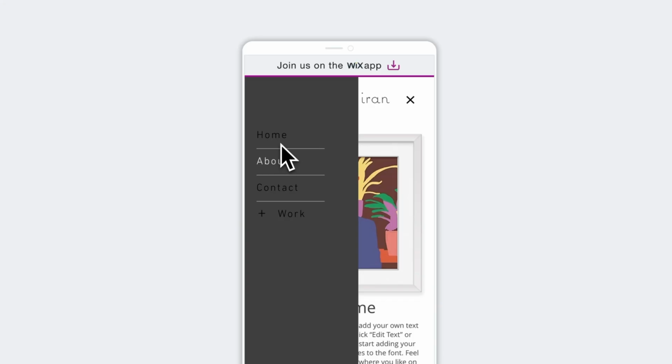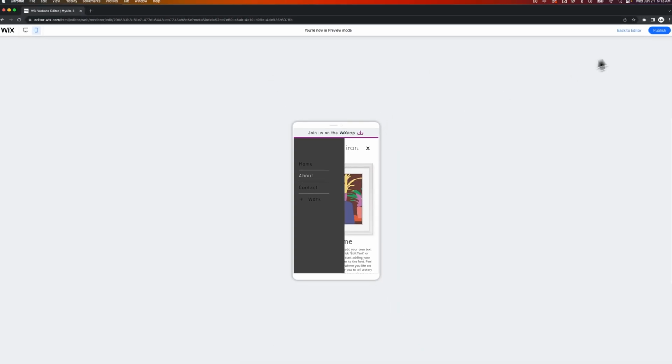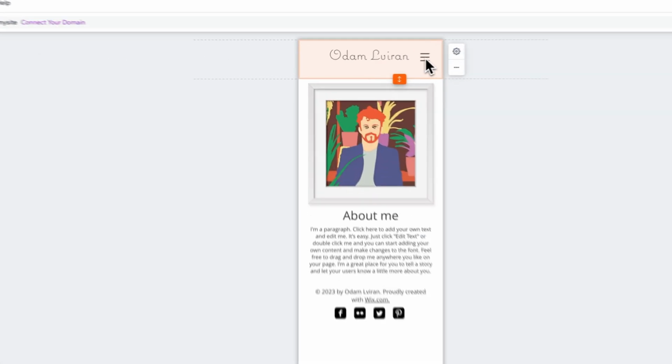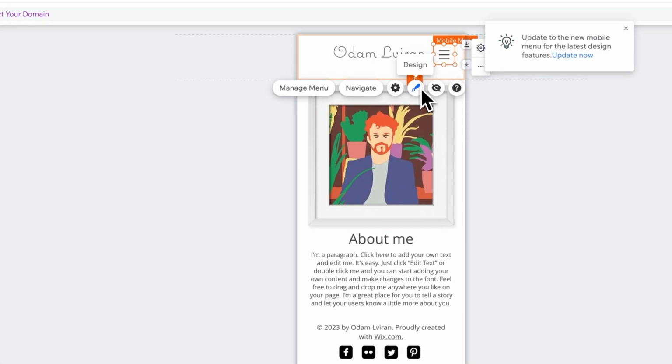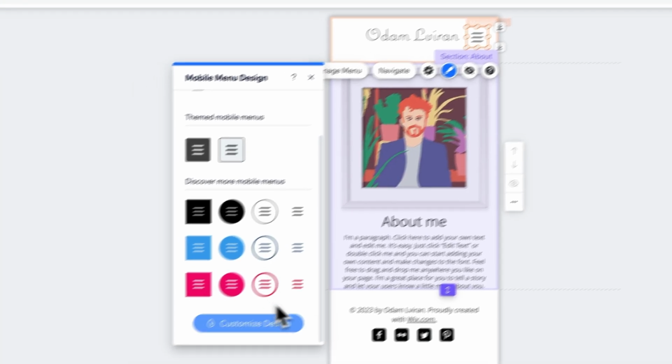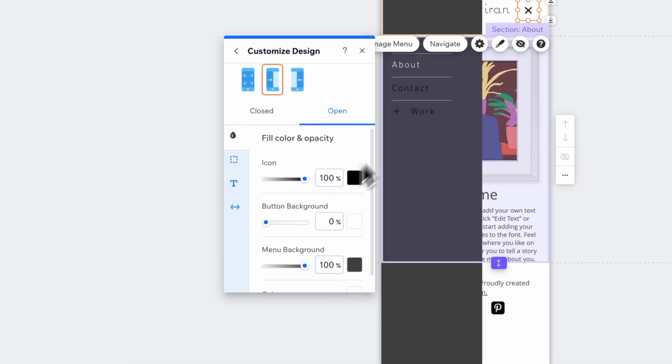Now, of course, this menu doesn't look great. These shouldn't be black, but we can stylize any of that back in the editor. The editor is pretty cool because you can edit both a desktop view and a mobile view. So any edits we make here are actually going to change only for the mobile view. You can click on this. Here's mobile menus. Customizing the design actually pops out the menu, and then we have all these different options here